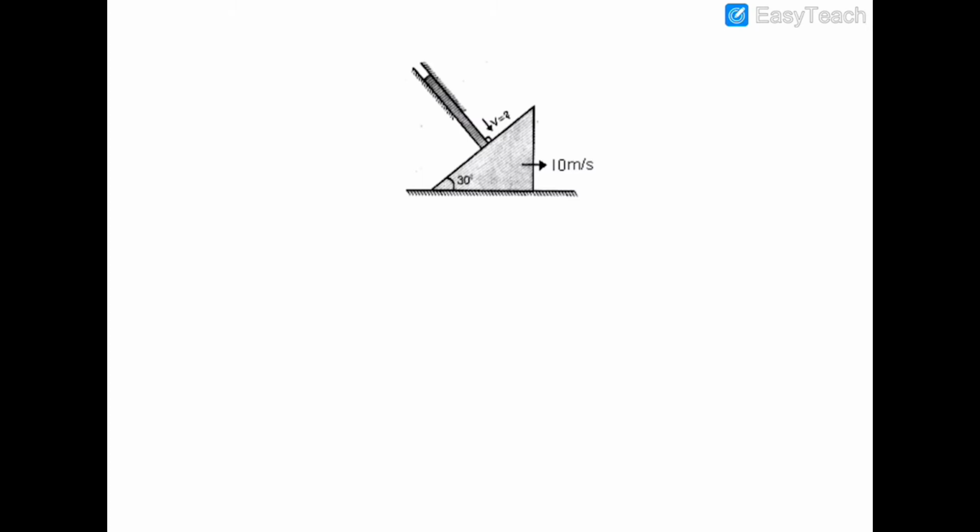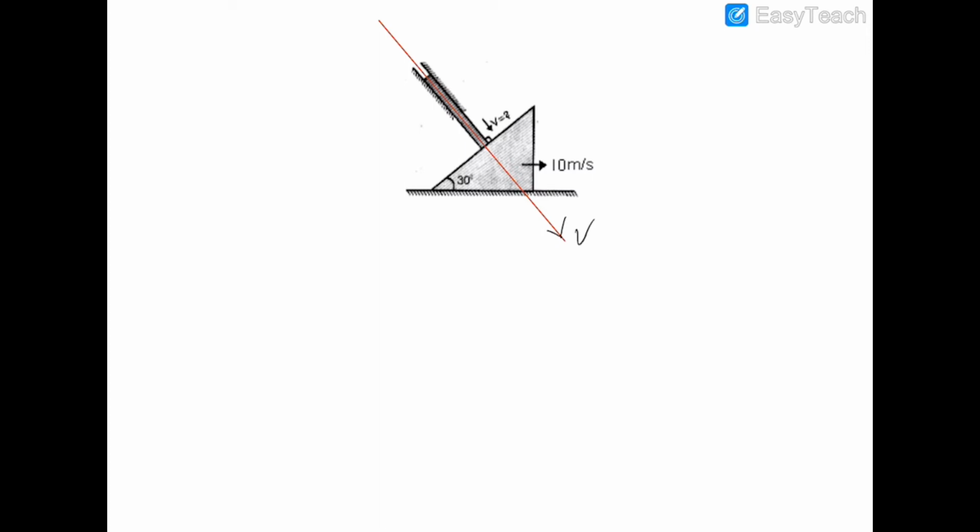So step 1 is already done, that we have to identify the direction of velocities, and the directions are given in the problem itself. And step 2 is that we have to draw the normal to the contact between the two moving objects. So this will be the normal. Now we have to draw the velocity vectors joining this normal. So the velocity vector V of the rod will be along the normal itself. This is V.